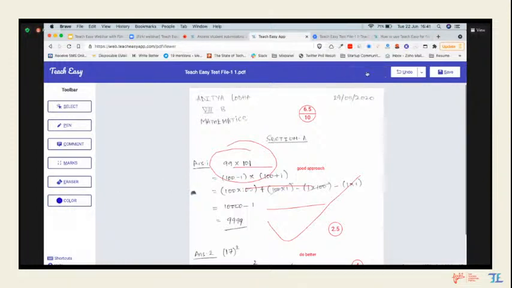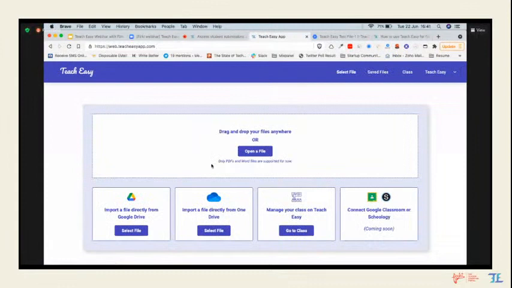Now let's say you want to import a file from other places. Like a lot of teachers were asking, how do they work with Google Classroom, right? So like I told, all the files of your Google Classroom are stored in your Google Drive, and Ttz directly integrates with your Google Drive, your OneDrive, and there is also this class option that I shared, right? I will cover these aspects. So let's see how Google Drive works.